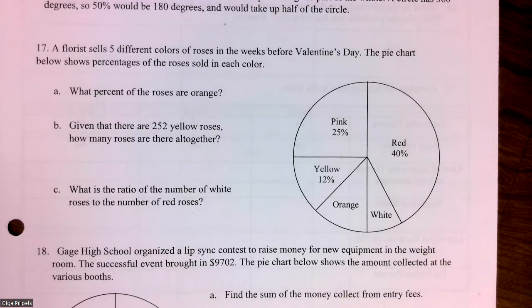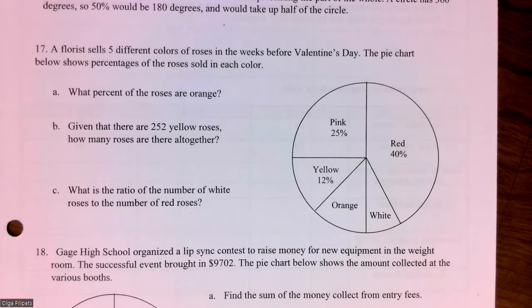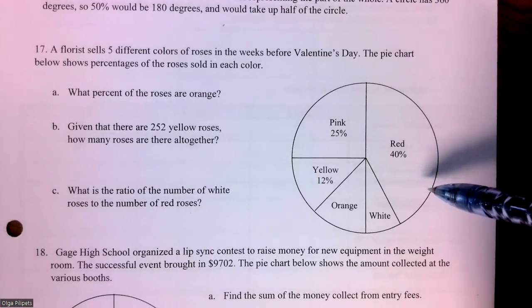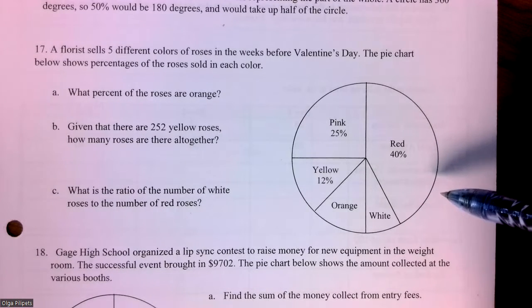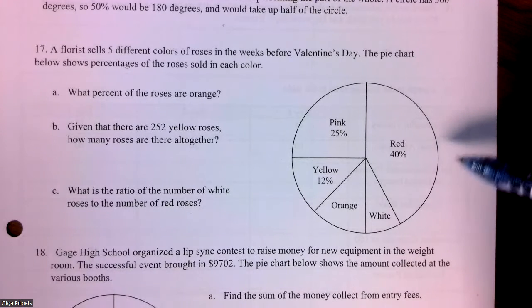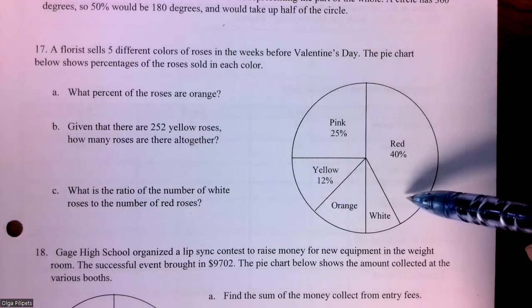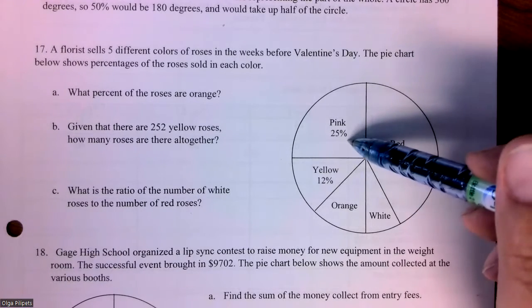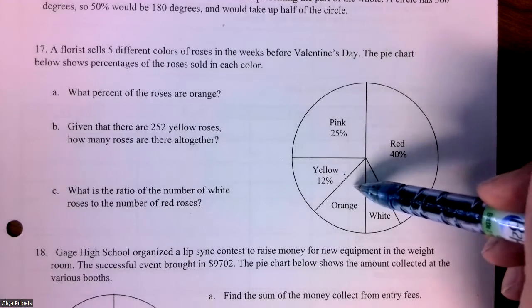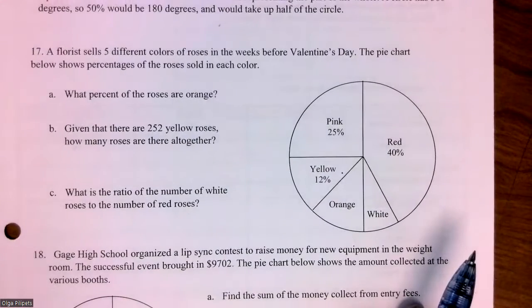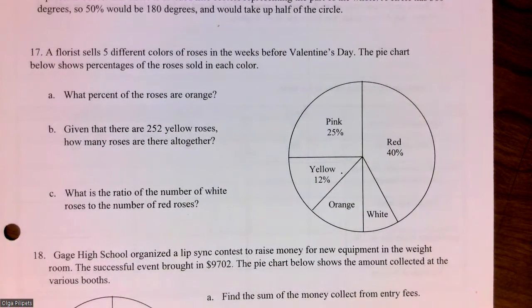Okay, and so if we look at this chart, remember, I always tell you, there could be only one unknown that we can solve for, right? In one equation or one situation. So when we look at this pie chart, we know the percentage for red roses, pink roses, and yellow roses, but there are actually 2 unknowns, right? For orange and white. But we could, knowing the fact that half the circle is only